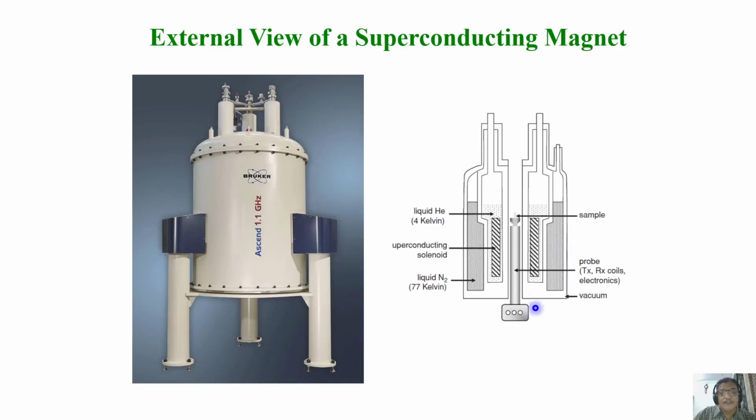But inside, if you see from the top, this is the room temperature bore. This is where the probe is put. You put your sample. All your experiments are carried out at room temperature. Surrounding that, we have a liquid helium chamber. The superconducting coil, not RF, is inserted, dipped into the liquid helium here, which is at 4K. And surrounding that, we have a liquid nitrogen chamber. This is to minimize the evaporation of liquid helium. And in between, we have vacuum and also mylar films, etc., to minimize the evaporation of helium and nitrogen so that it can last for a longer duration.